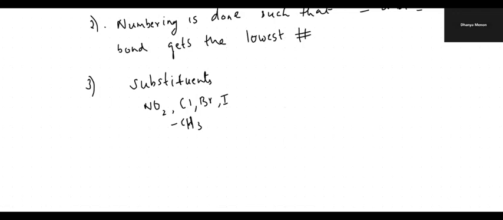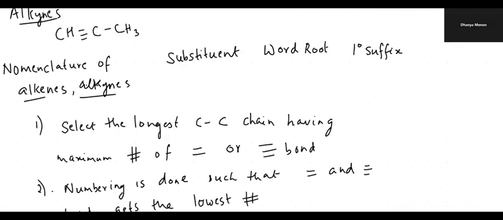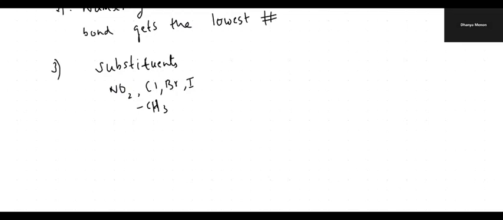So first the substituents are written, then the word root, then the suffix. Yes. Now, if there is a priority between substituent and double and triple bond,